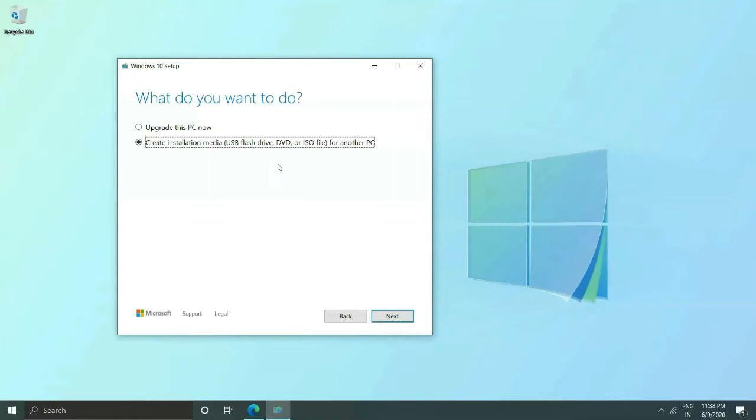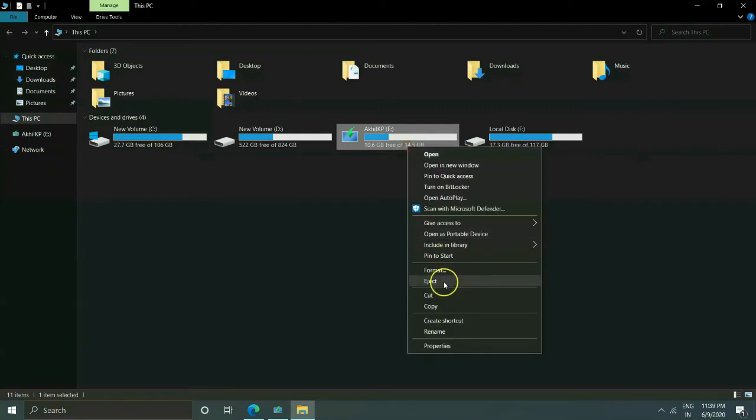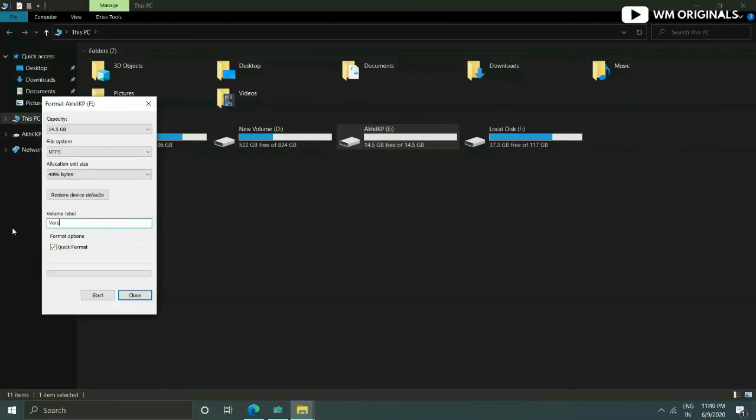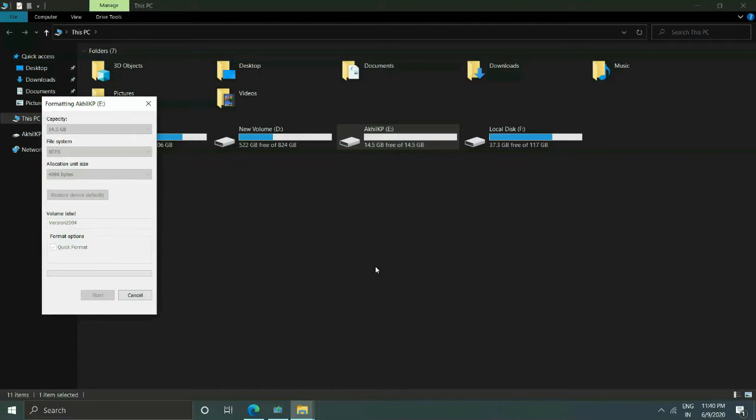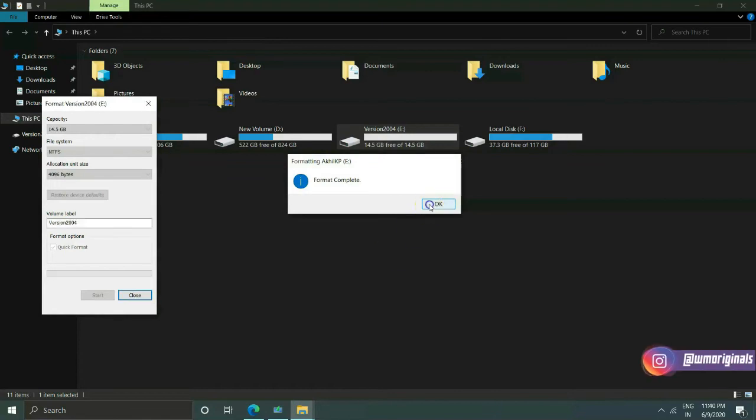If not, I will suggest you to format your USB, and for that you can follow these steps. Press Windows plus E to open Windows Explorer and from there right click on the USB drive you just plugged in and from context menu select format. Click on start from dialog box, it opens up and click OK on the warning which shows doing the step will erase all the data from your USB drive. Once done, it comes up with a format complete. Click OK and close other dialog box as well.